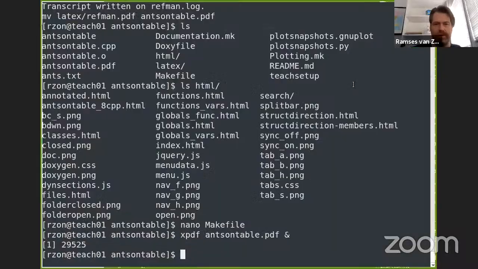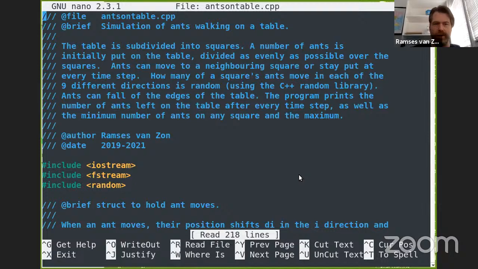So this one, I think it's this one. Yep. And let's do that in nano too. .cpp. And it's just wide enough. Okay, so